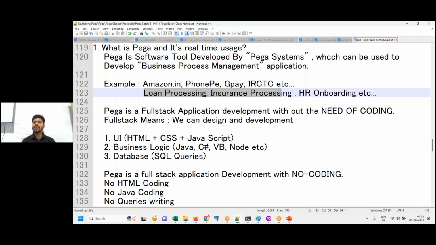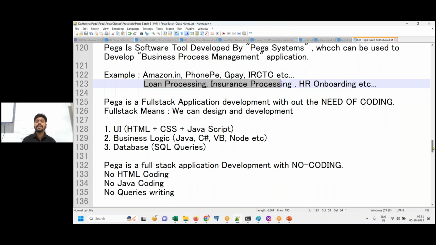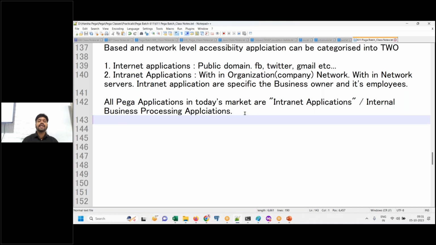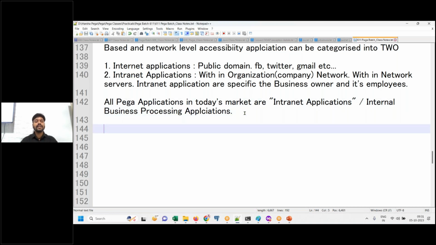All Pega applications that are there in the market today are internal business processing applications only. That is the reason why Pega is being used. So Pega in today's market is used only for internal business processing applications. Amazon.com is public domain. You can develop the Amazon.com application using Pega also, but they are not doing it. But you see, when you purchase a product in Amazon, next a delivery case will be created,